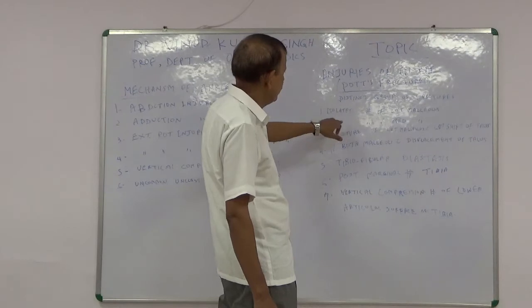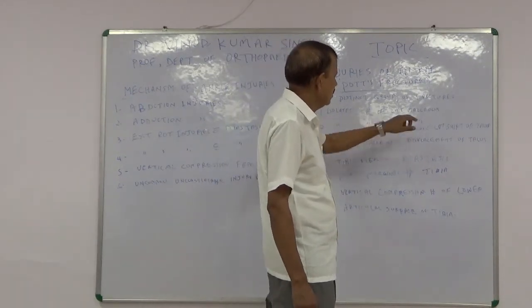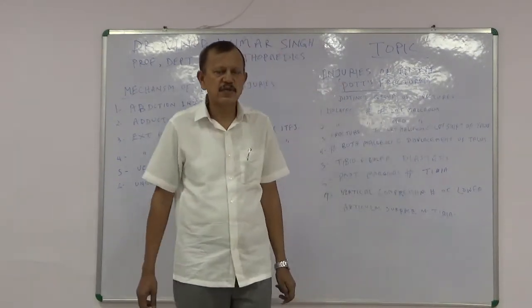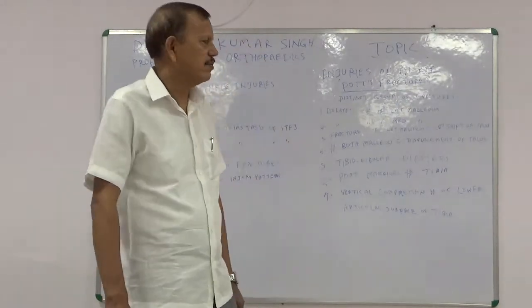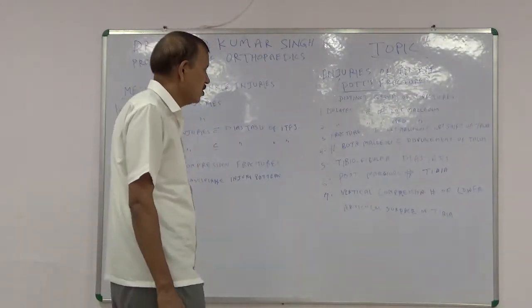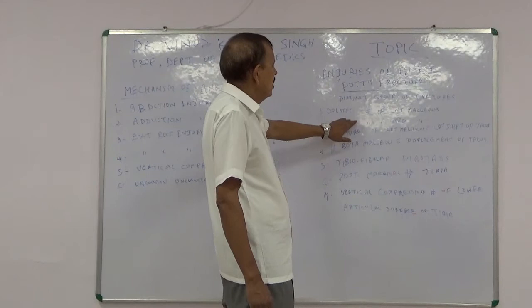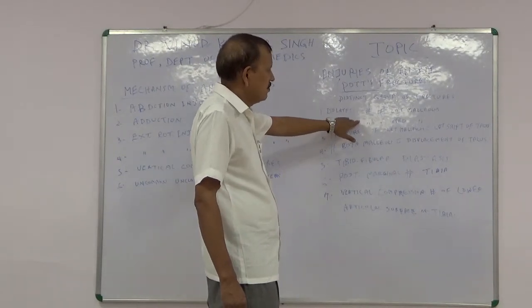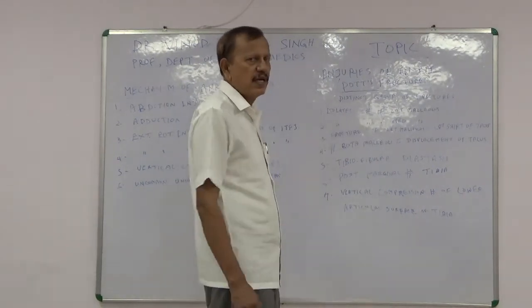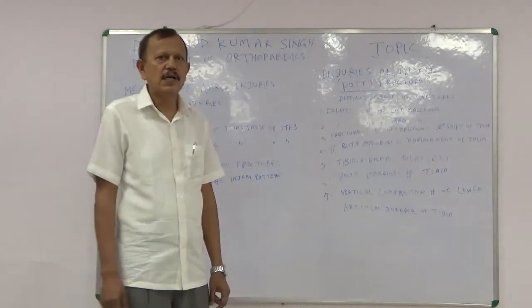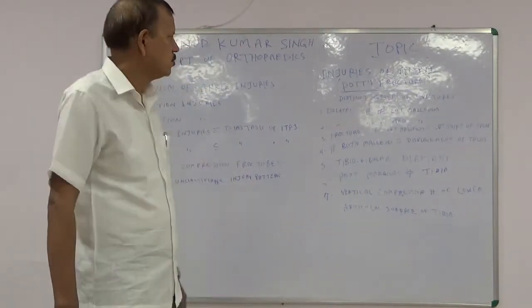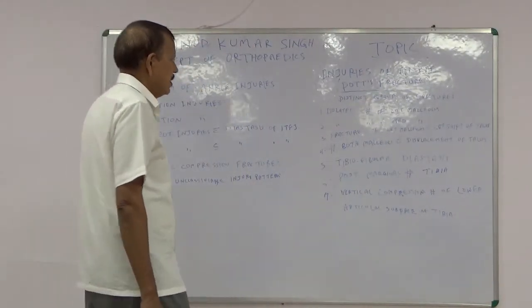Second is the isolated fracture of the medial malleolus. This is common in the abduction injury. If there is some abduction state, then this fracture can happen, and this stops before the abduction force acts upon the lateral malleolus and the lateral malleolus breaks. So this is the pattern.